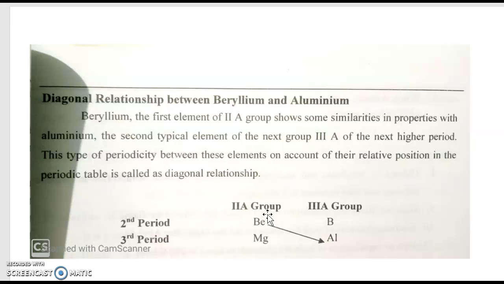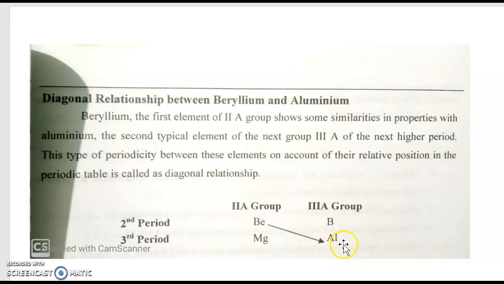One known property is that the oxidation potential of these two elements is nearly the same: beryllium has an oxidation potential of 1.70 volt and aluminum shows